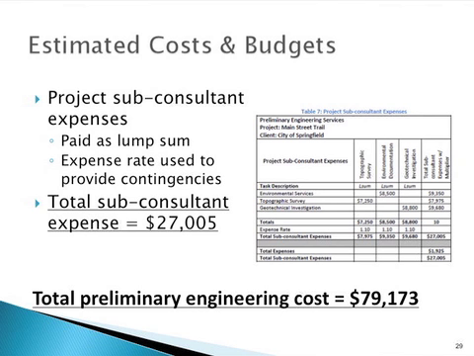These are paid for as a lump sum rather than by work unit. Again, an expense rate was used to provide contingencies for the subconsultant expenses. The total subconsultant expense is $27,005. By adding together the project labor budget, total project expense, and total project subconsultant expense, the total preliminary engineering services cost is